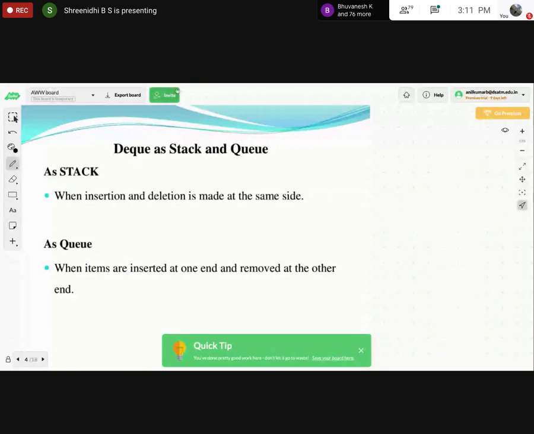So DQ as a stack and queue. A double-ended queue can act as a stack and as a queue.